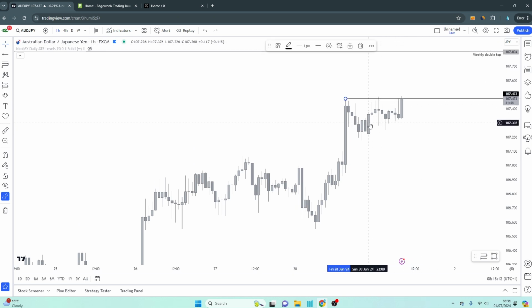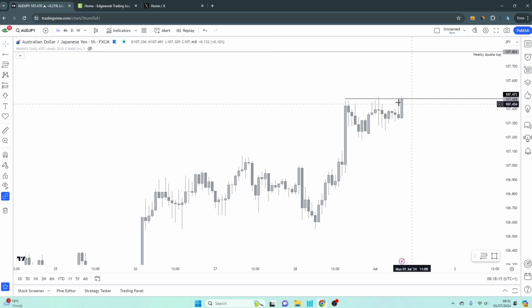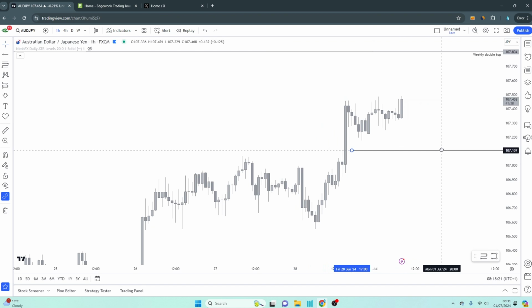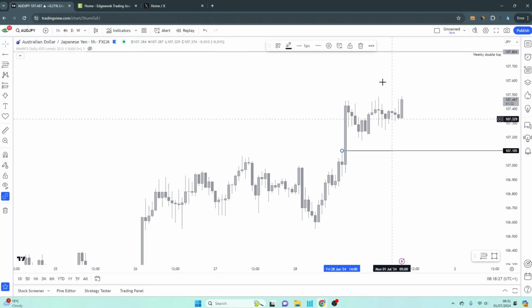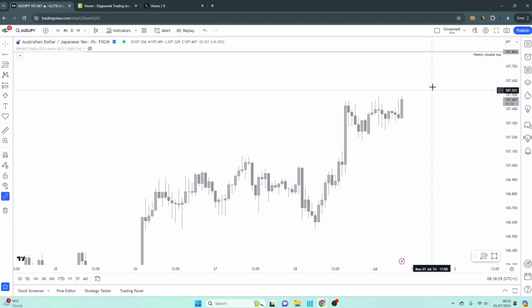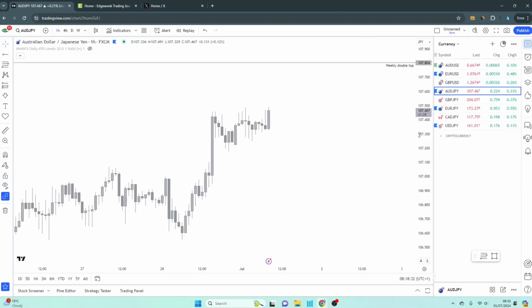Because we obviously got some shooting stars here, a doji candle, a lot of indecision. The market is now choosing to ignore that and go up. So there's no chance in hell we're getting that retest down here. That should have happened overnight in the Asian session if it was going to happen at all. So we'll have to keep our eye on this one and find an entry. It's just not clear yet. I can't give a stop loss or an entry point because there just isn't one right now.